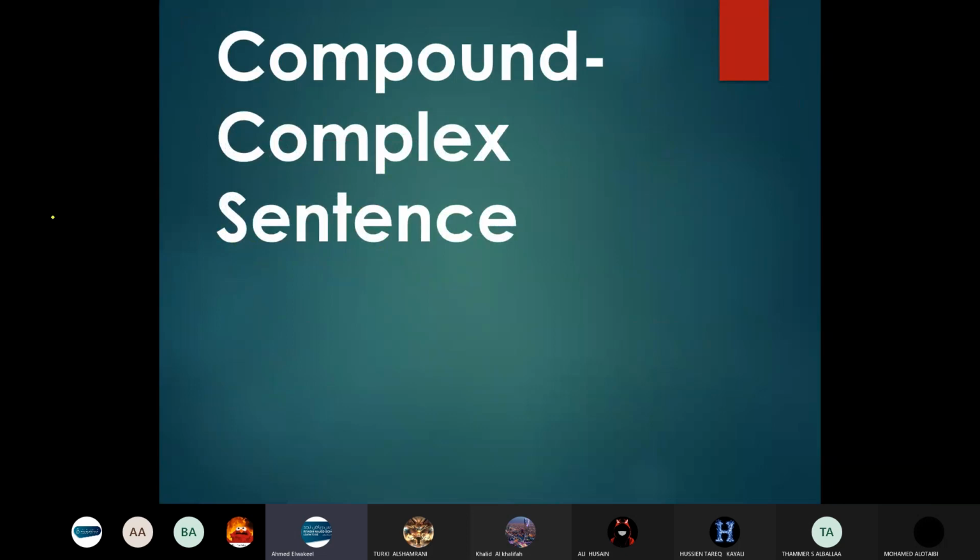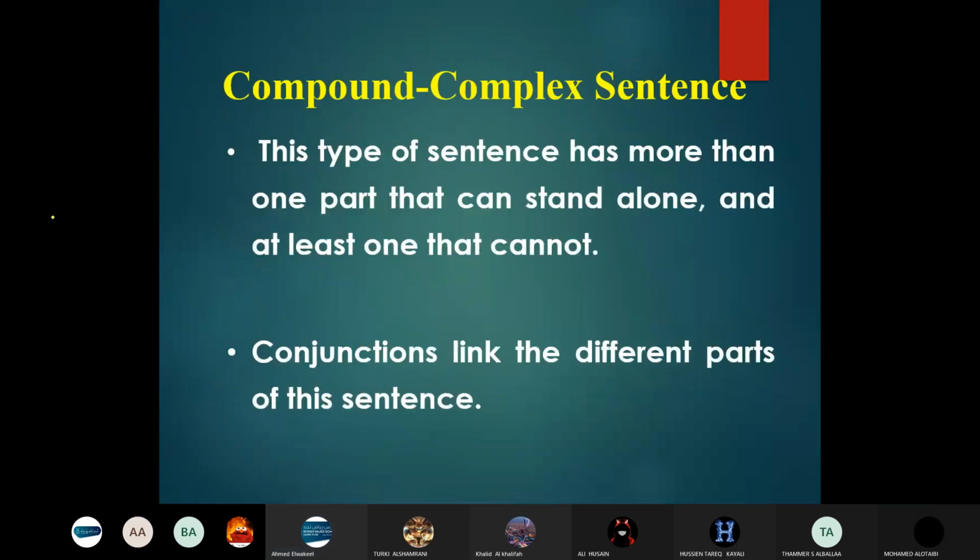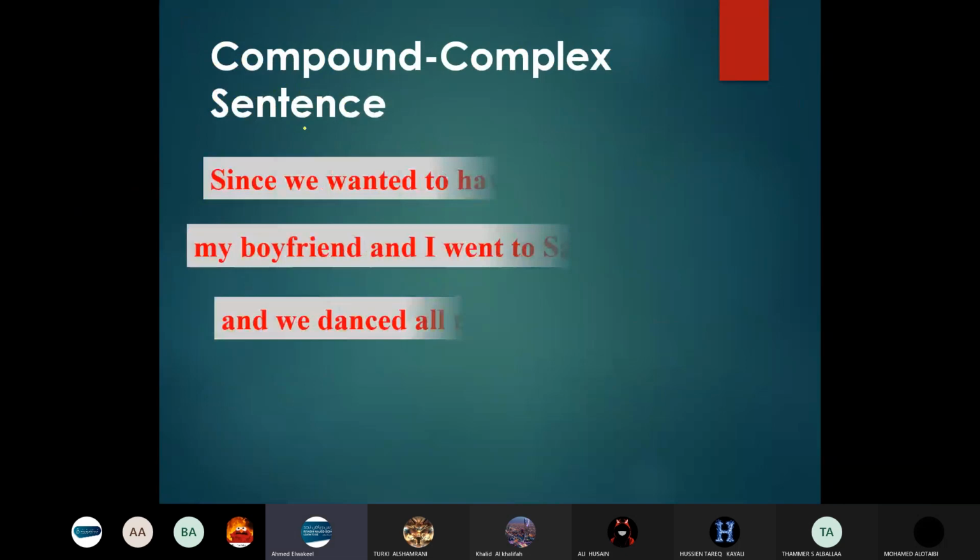Today's session is about the compound-complex sentence. Of course, this type of sentence has more than one part that can stand alone and at least one that cannot, meaning that compound means two simple sentences, and complex means subordinate clause or dependent clause. So at least you will have two independent clauses and one dependent clause. For example,